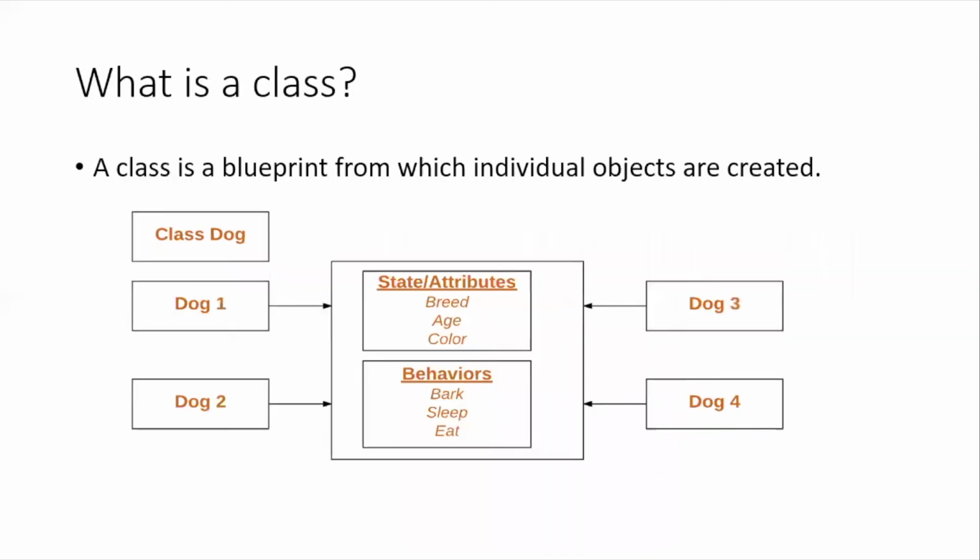Next, we will see what a class is. A class is a blueprint from which objects are created. Now, when I say that I want various dogs to be represented, right? There will be state, attributes, characteristics for a dog. Also, there will be some behaviors or functionalities for a dog. So where is the design,